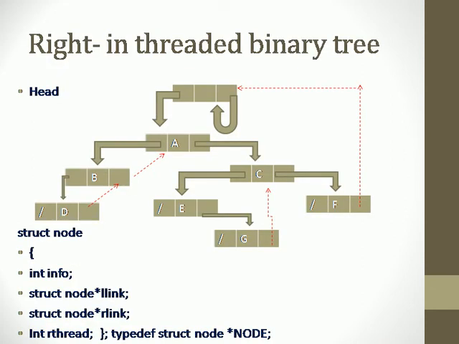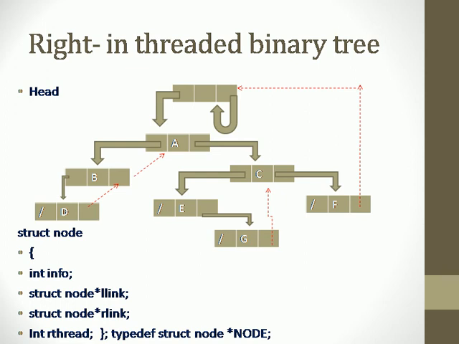Now whatever we have explained in the previous slide, wherever the nodes have their right field null, the in order successor is found and we draw the thread to that particular node. That is shown in the figure here. So D is having its right field null, so it is shown by a dotted line to B, which is known as a thread. Next is B. B has its right link null, so its in order successor is A, so you have a red dotted line from B to A.